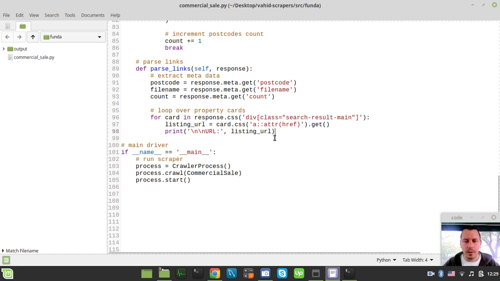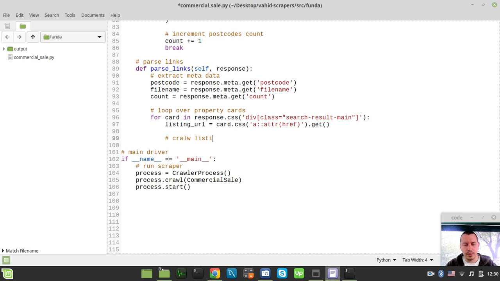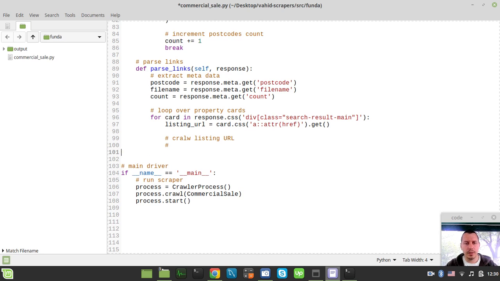I would just want to scrape the response HTML, and then I would be working locally. So, but probably before that, here would be the placeholder for crawl listing URL, and I will leave it just blank for a while. So another thing to consider is actually to handle pagination